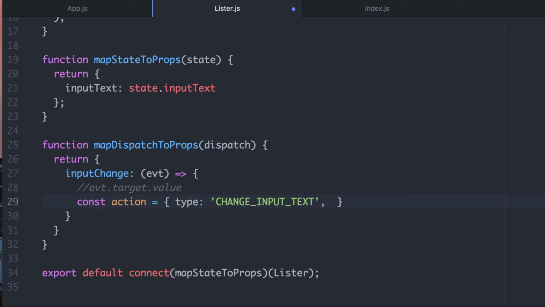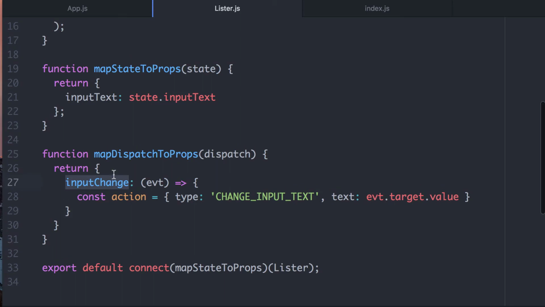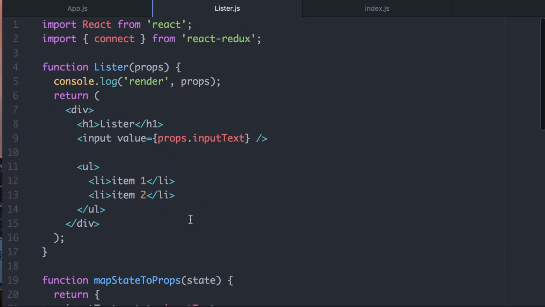So in this particular case, we want to pass the text. And the text we can get from the actual input, like so. So evt.target.value. That's right here. Where does that event object come from? This is a fine question. Let's hook it up and have this discussion. So we've got this input change. We need to put that right here. We're going to say